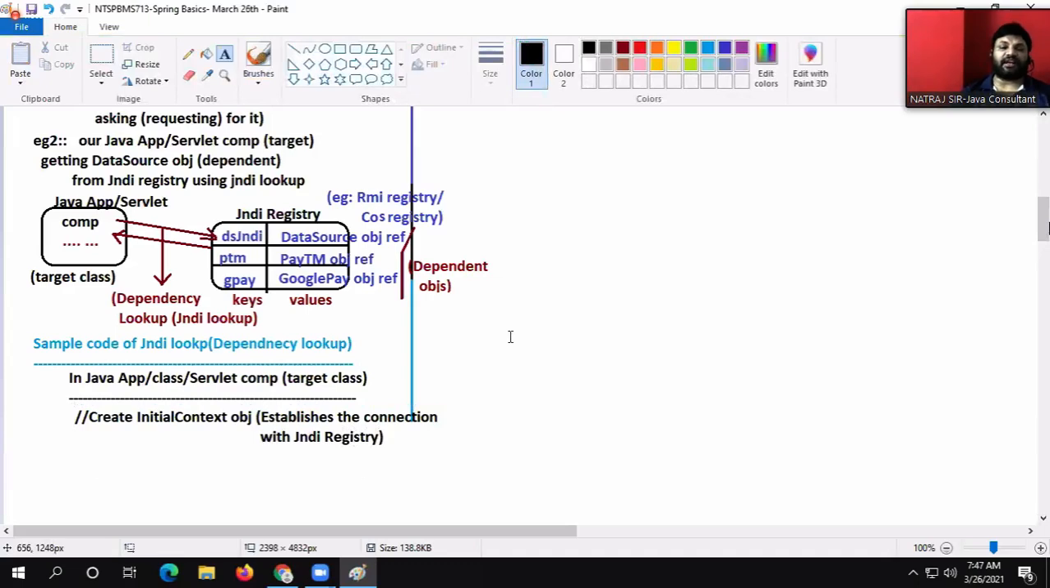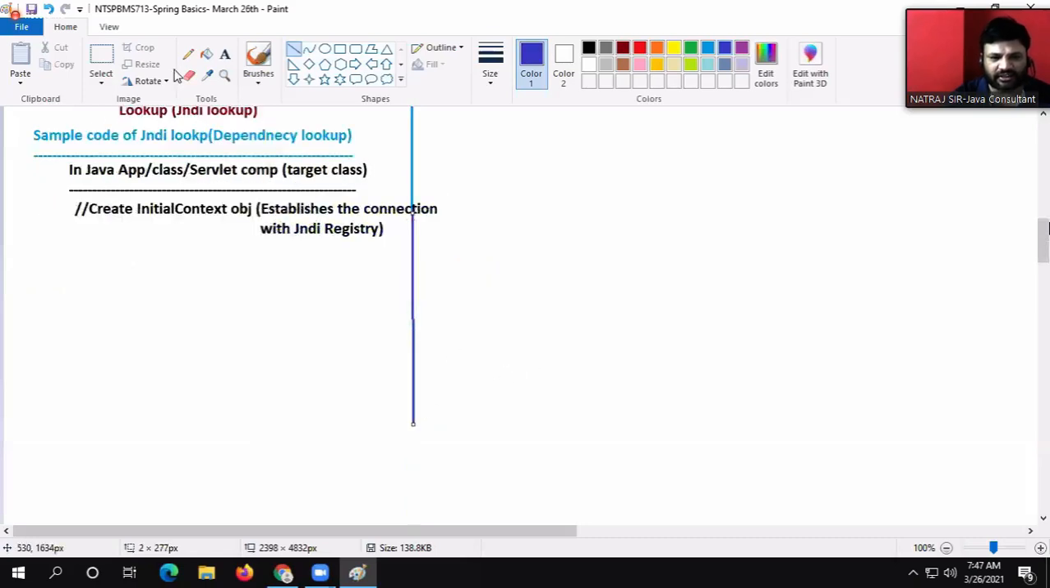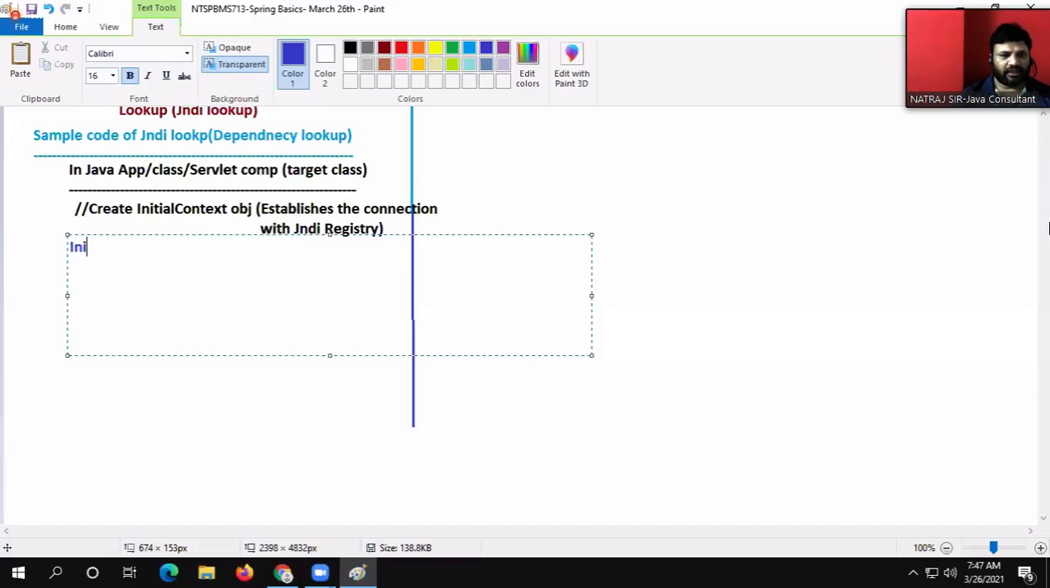How does the JDBC connection object establish the connection with the database software? Similarly, the InitialContext object establishes the connection with the JNDI registry. Are you listening to my statement, guys? How to create it, sir? Very easy, boss. InitialContext ic = new InitialContext();